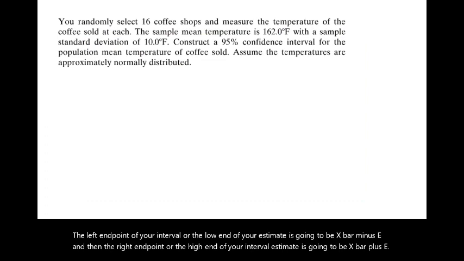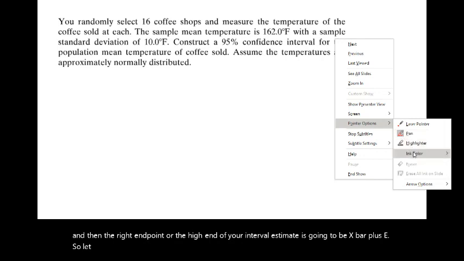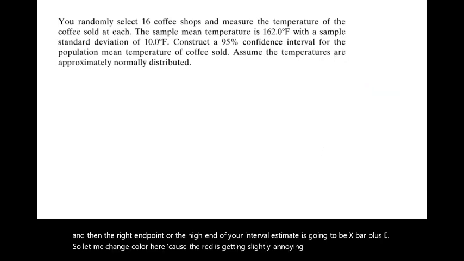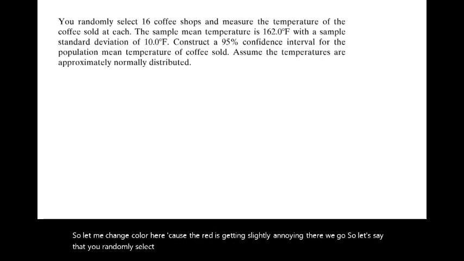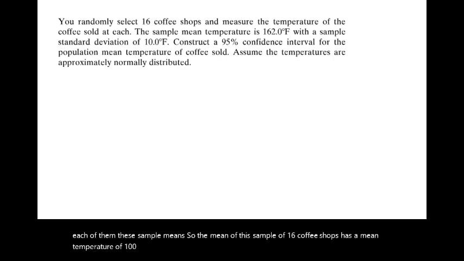So let me change color here, because the red is getting slightly annoying. There we go. So let's say that you randomly select 16 coffee shops and measure the temperature of the coffee sold at each of them. The sample of 16 coffee shops has a mean temperature of 162 degrees Fahrenheit with a sample standard deviation